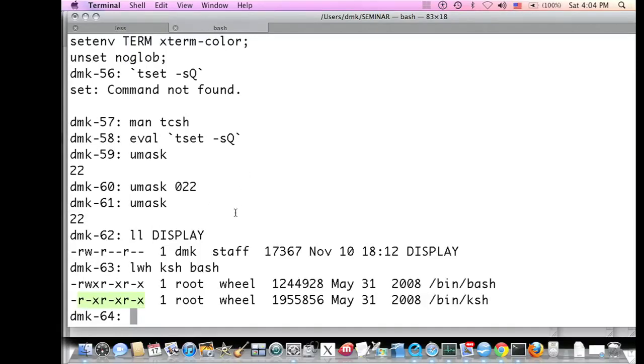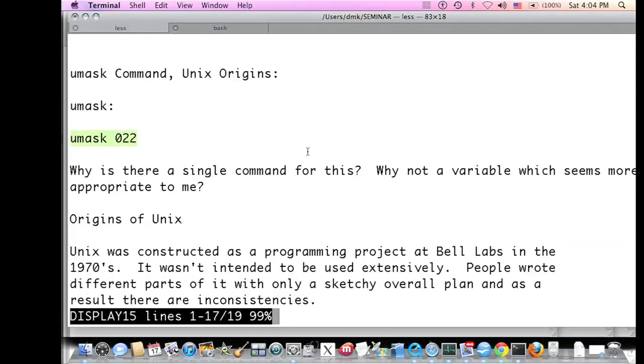But again, the umask sets the default for you, by masking it, by indicating the bits that will not be set. This is typically in one of your initialization files, which is a .cshrc for the C shell or the .profile for the Bourne type shells. It can be elsewhere also. There are other shells in the shell initialization files on the system. Anyway, that's umask. Now, there's something kind of odd here, and that is, why is there a single command for